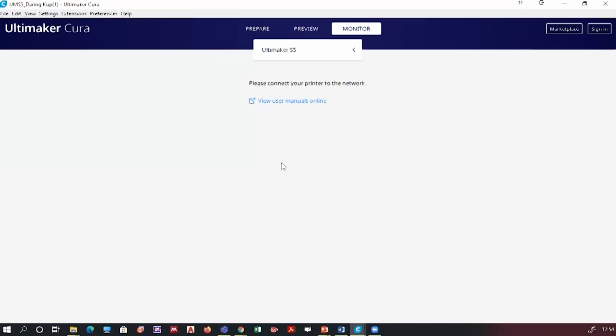When I am sitting in my lab, it will ask me to connect to the printer. Then I will see on this page my nozzle and how it is working. It will give me a photographic view of exactly how the nozzle is working live. So the monitor option is used for that.